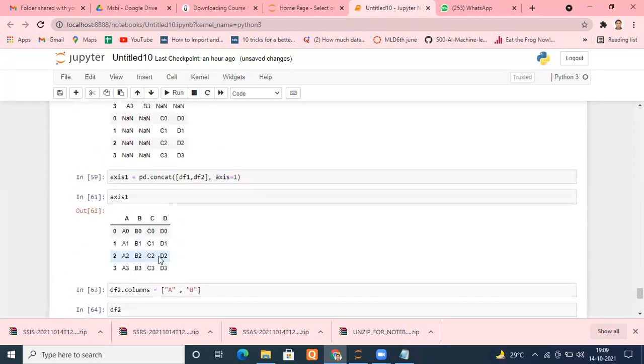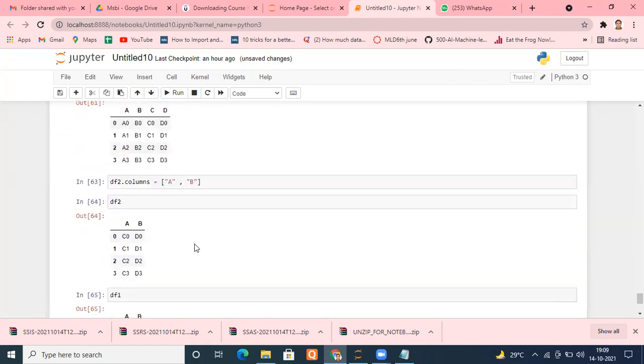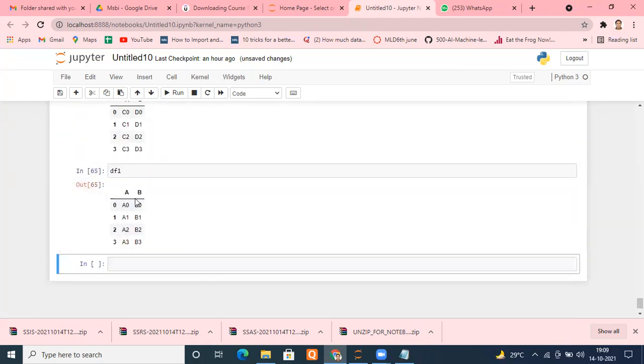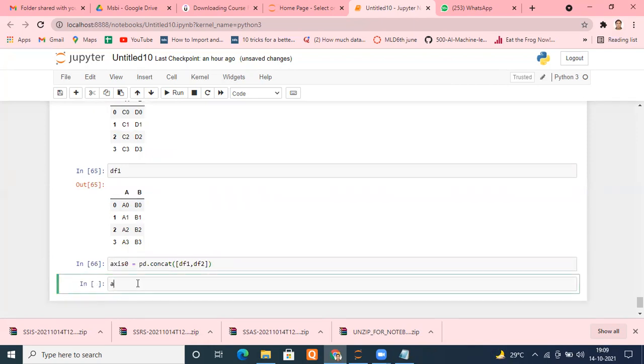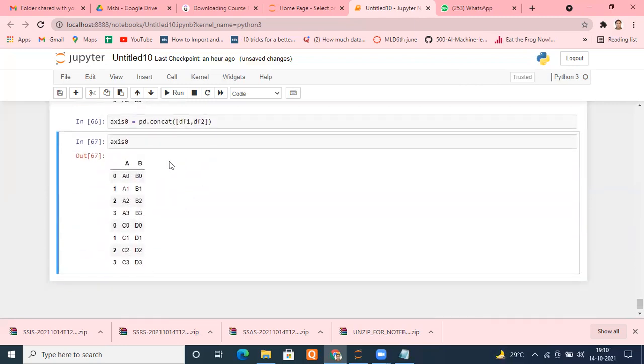Now see, if I perform this operation, you will understand it very well. They have the same column names. So will new columns be inserted in df1? Can anyone tell me, if I operate this, what will I get? See, check, axis is 0. Check it. C and D have not been inserted. Directly these values have been inserted here. I hope it is okay with everyone now. Got a perfect idea or not? Please tell me.